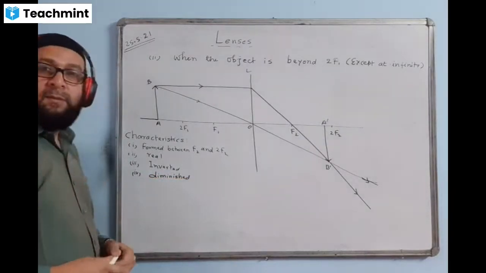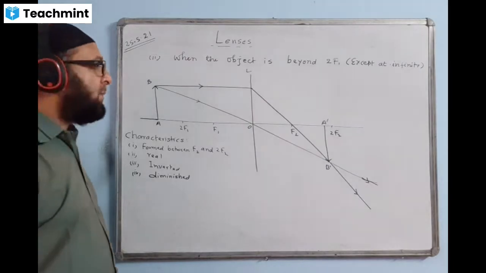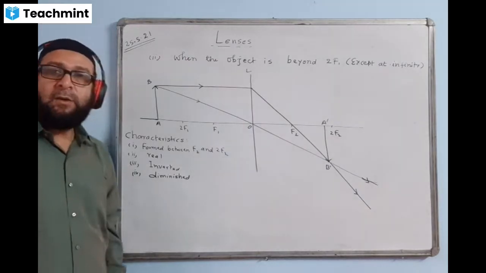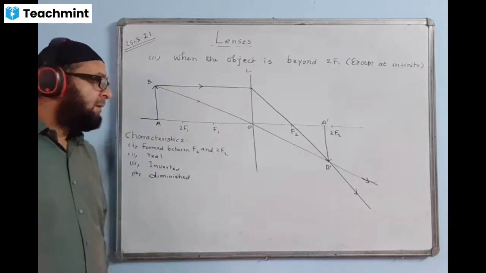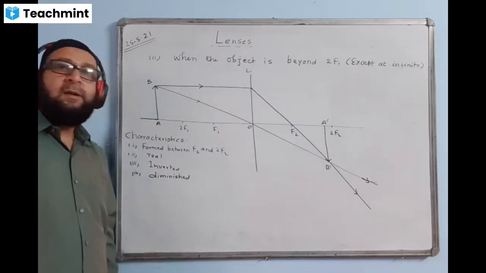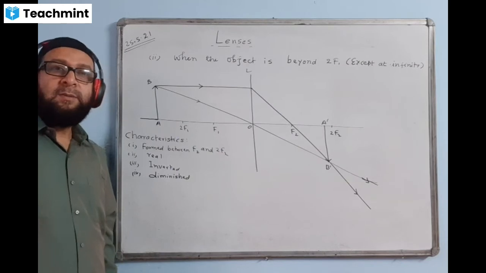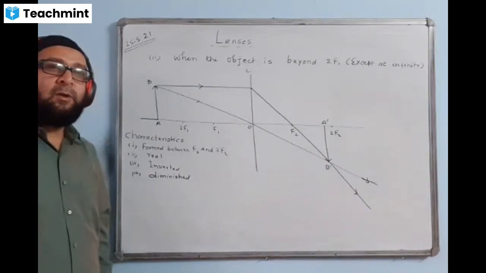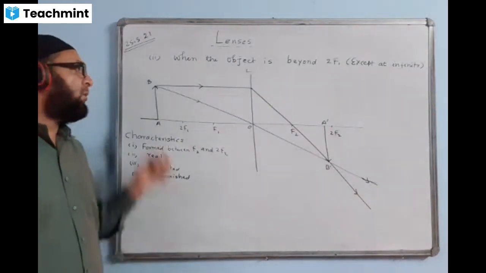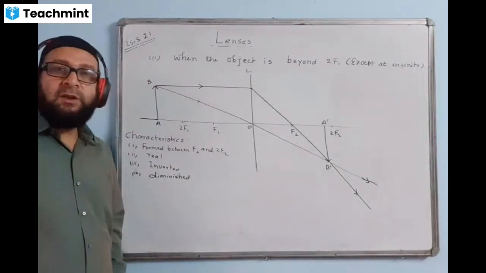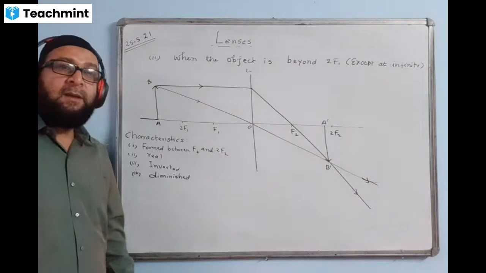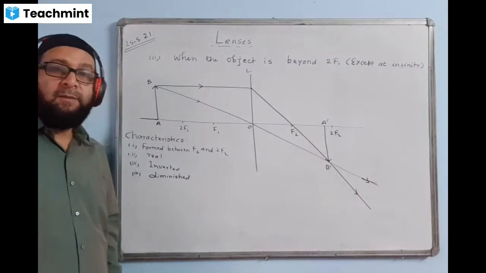The image formed is diminished. Diminished means smaller. Smaller than the size of the object. Yeah, you can add smaller also. Just add smaller there. Or you can use the word diminished. Exam time they may use the term diminished. So you have to know the meaning of diminished. Okay.